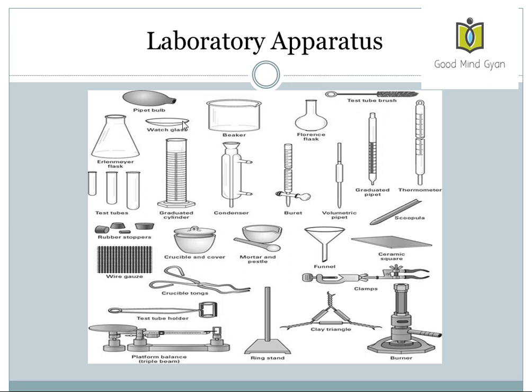You have a watch glass to keep specimens or chemicals. Pipette bulb, like you can add a dropper to it and use it to transfer the chemicals or liquids or solvents. Then there is an Erlenmeyer flask, which is a type of laboratory flask which features a flat bottom, conical body, and is also called a conical flask or a titration flask.